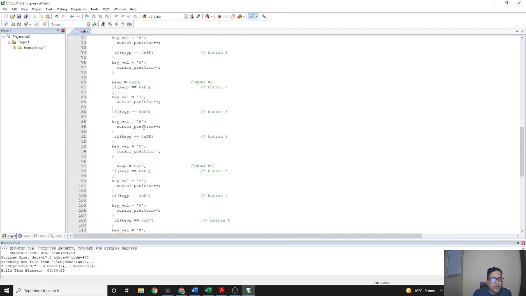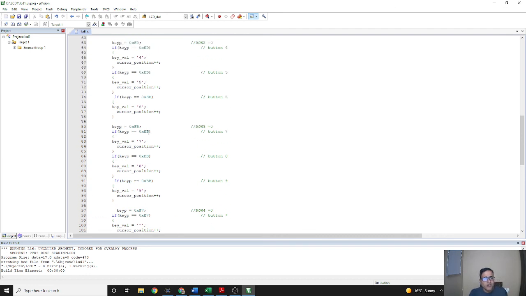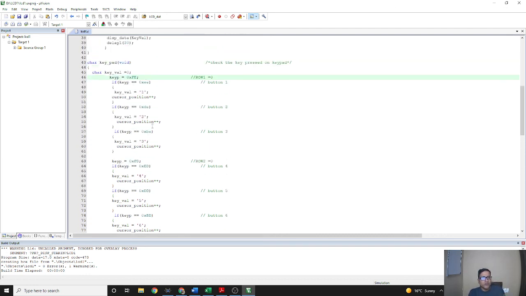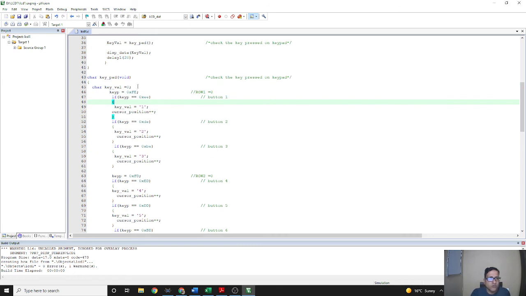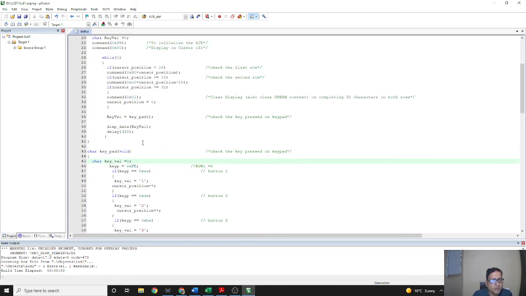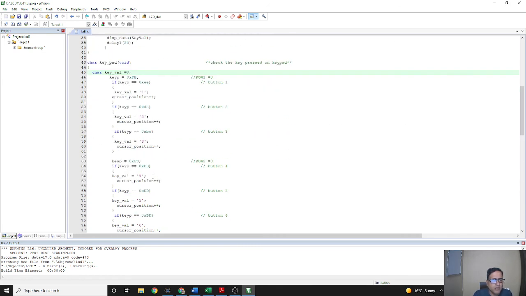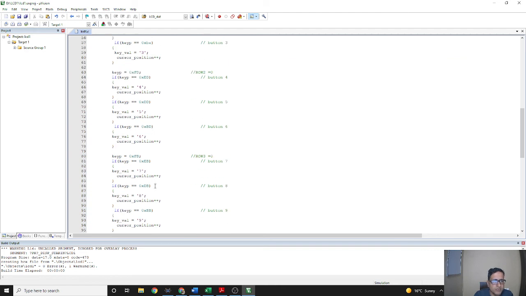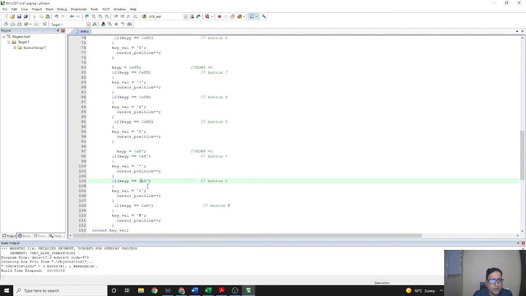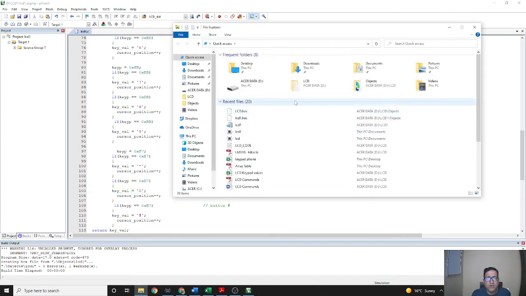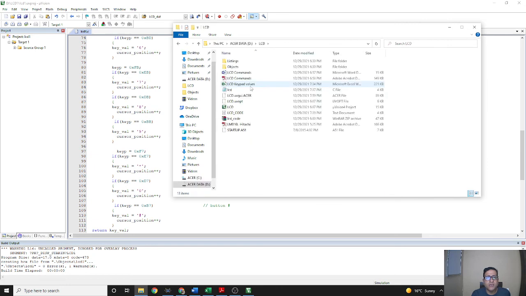I think maybe some bracket has been deleted or something like that, so there is some problem in this code. I will check during the explanation. Okay, I will do it again by taking this code.